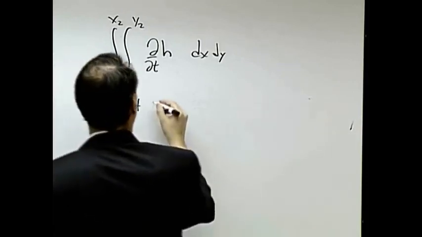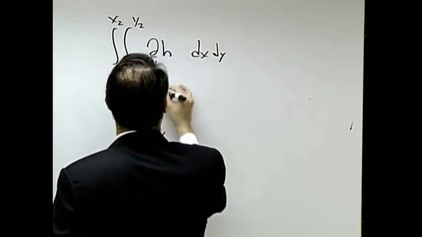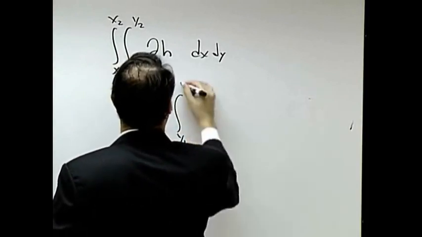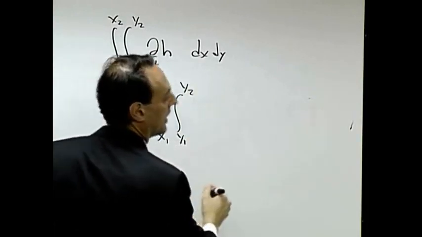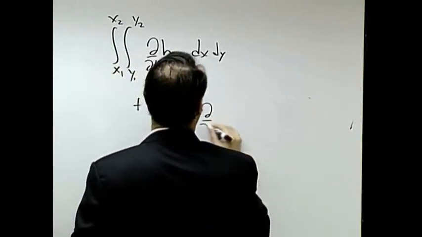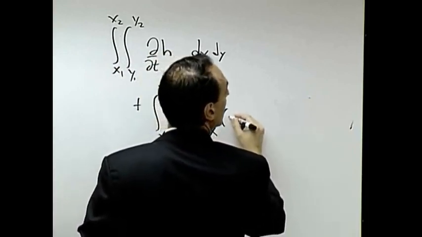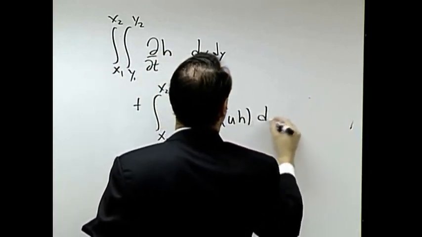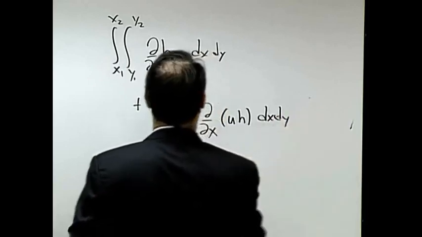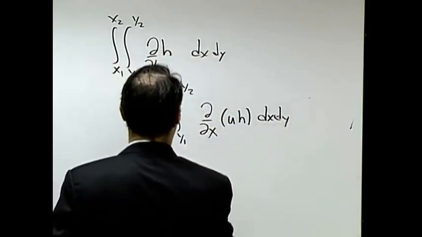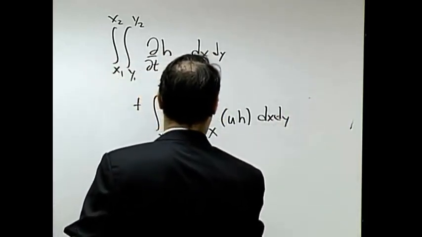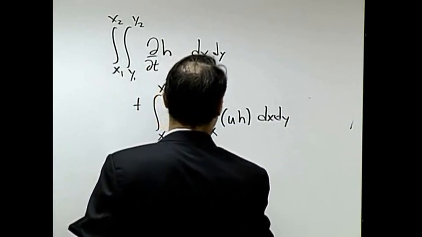The second term reduced to the double integral of d dx of u h, dx dy. And then the third one, the double integral of d dy of v